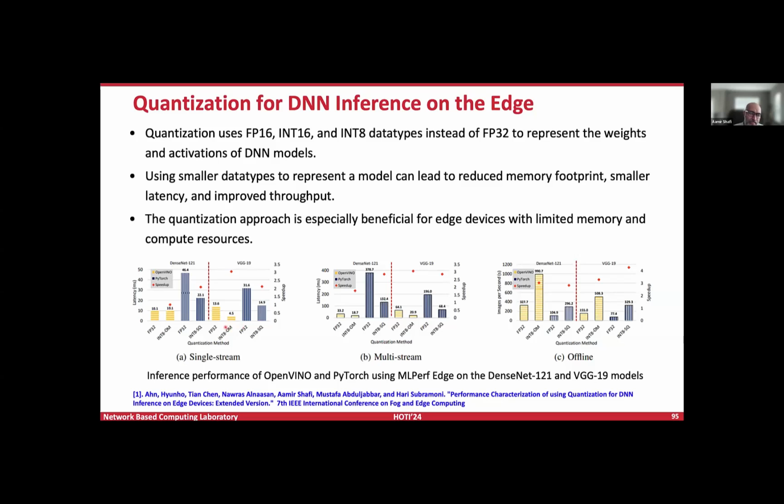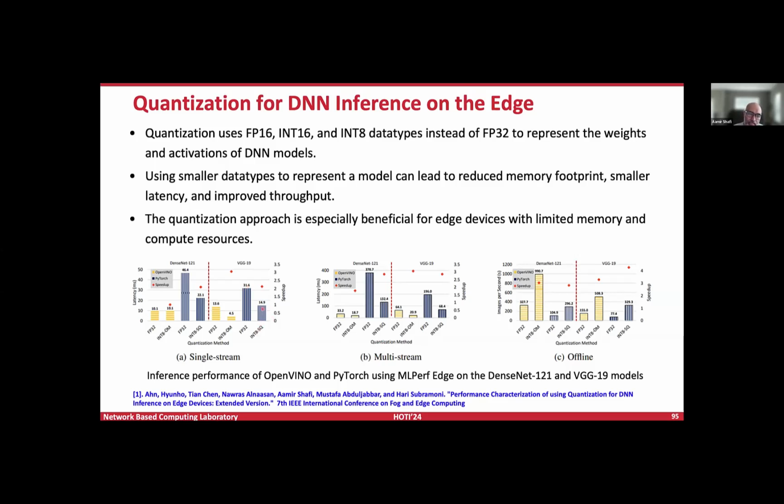In this case, we worked with OpenVINO. These yellow bars represent OpenVINO, which is a training and inference framework geared for Intel CPUs. And then these blue bars are essentially PyTorch. There are two data points for VGG19 for PyTorch. We plotted the FP32 performance, and the latency is around 31.6 milliseconds.